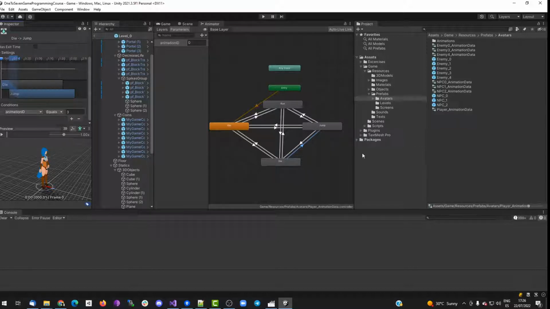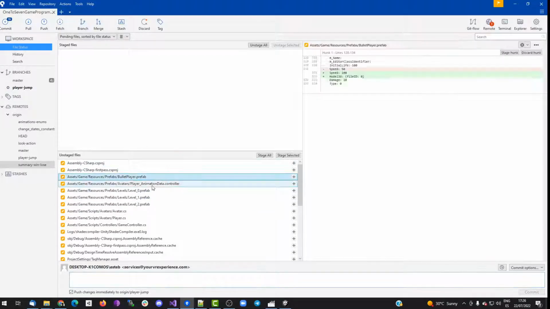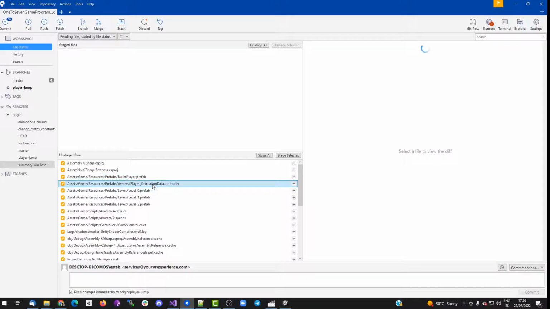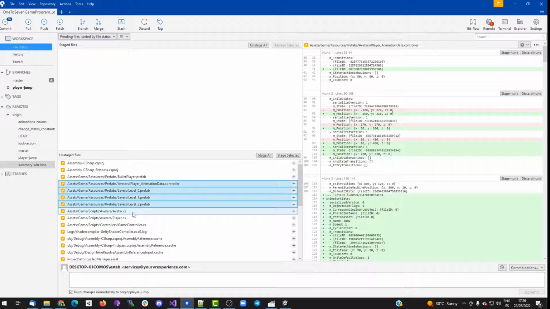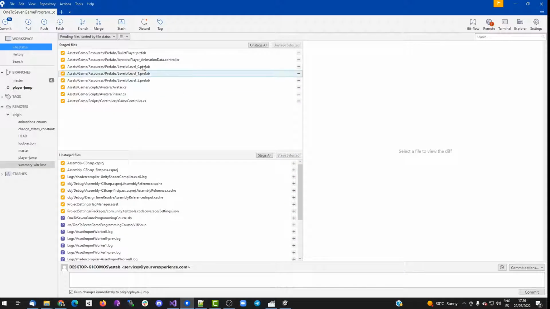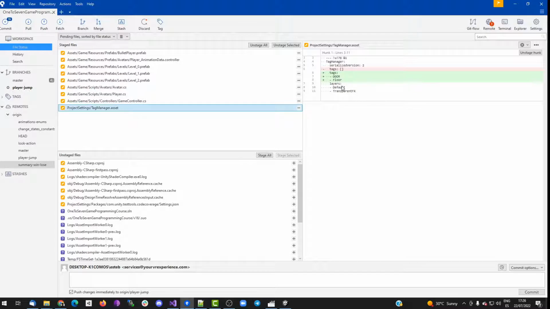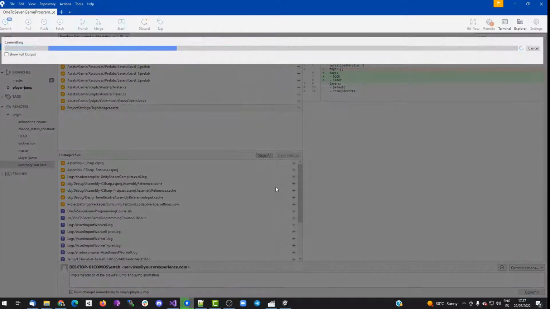So the only thing left to do is just to go through the source tree, select the changes we want to commit. Okay. These are the changes that we have made to implement this task, this feature, and the tag manager, because we have created a new tag. Okay, so with these changes, we specify the description, we commit and push,